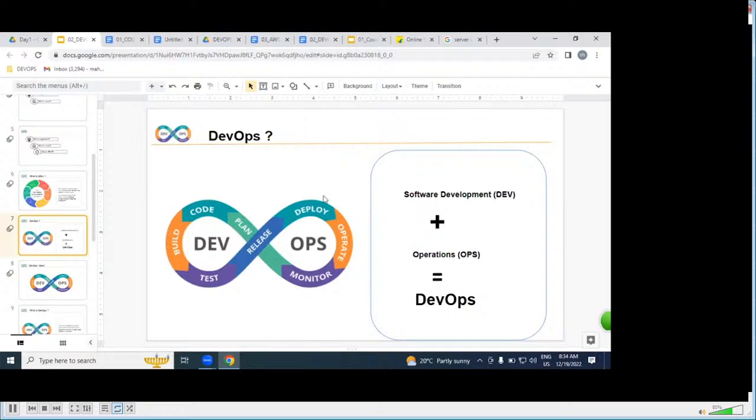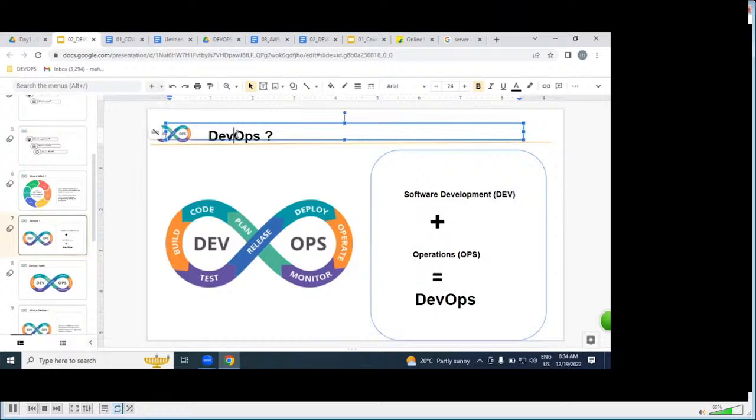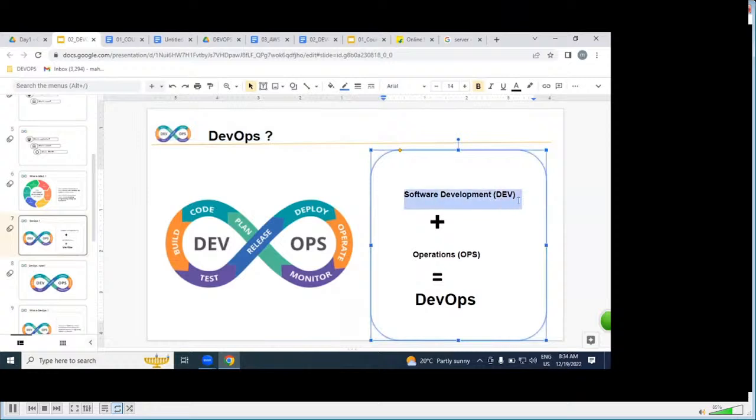What is DEV, guys, please? DEV is nothing but development. OPS is nothing but operations. The combination of software development plus operations we call DevOps.